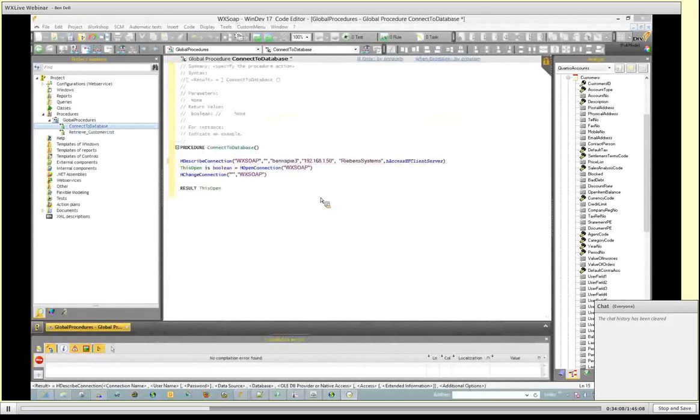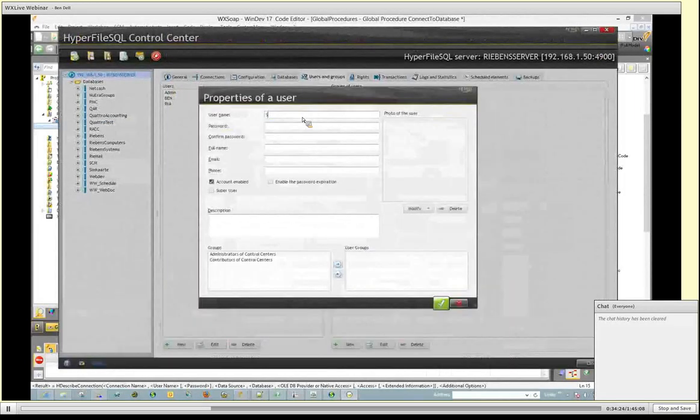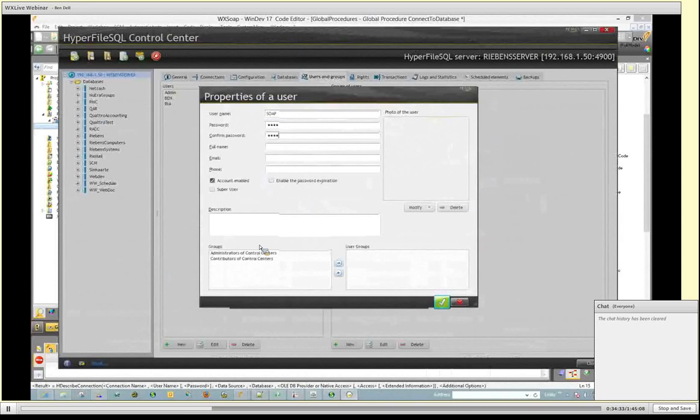Okay, so let's go and create a new user and call him SOAP, and the password is SOAP, and confirm the password SOAP. And in this instance, for this demonstration, we will give him full access. We go to ribbon systems, we go to SOAP,